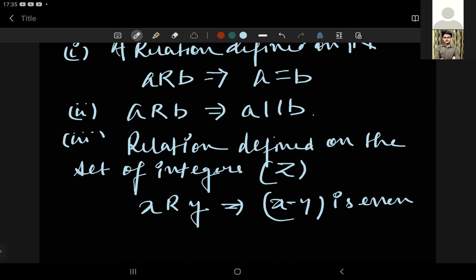Okay, so I'll be sending you the DPP. We have completed the relation part that is there in JEE. I will be sending you the DPP, and in the next class we'll be starting from here only, so that we have a good amount of revision of the thing, right? And we will be starting with a question. Let's say we'll be doing some 5 to 6 questions in the class itself, and I'll be sending you the DPP.